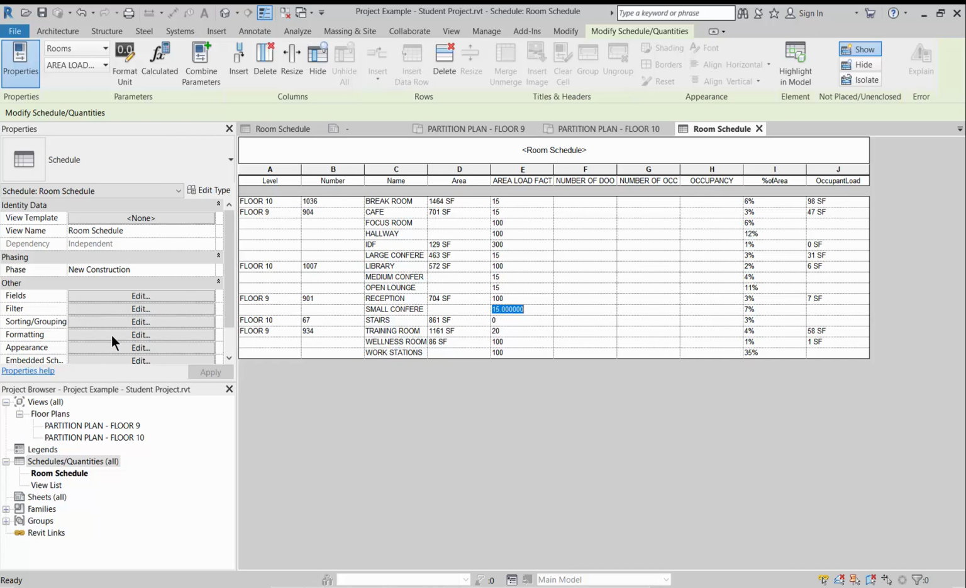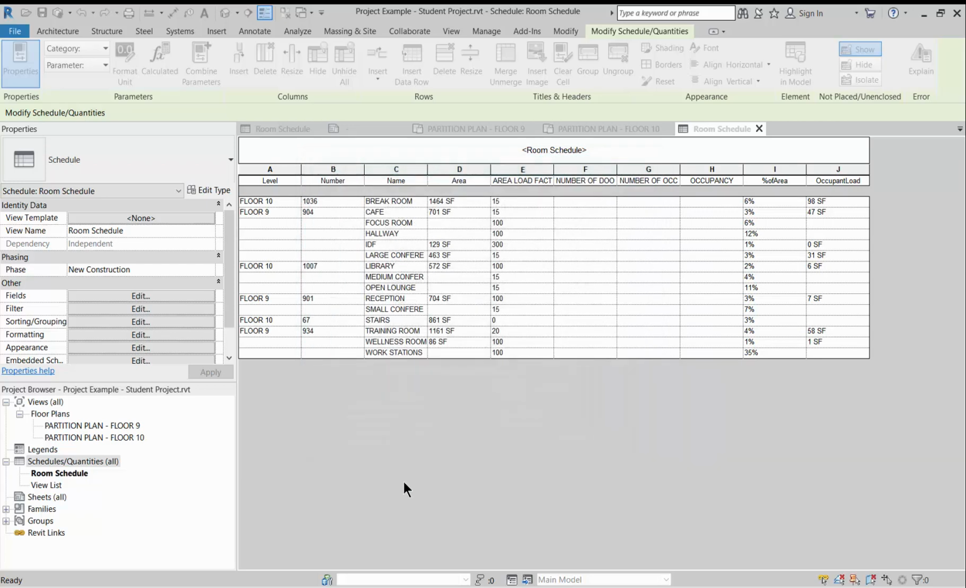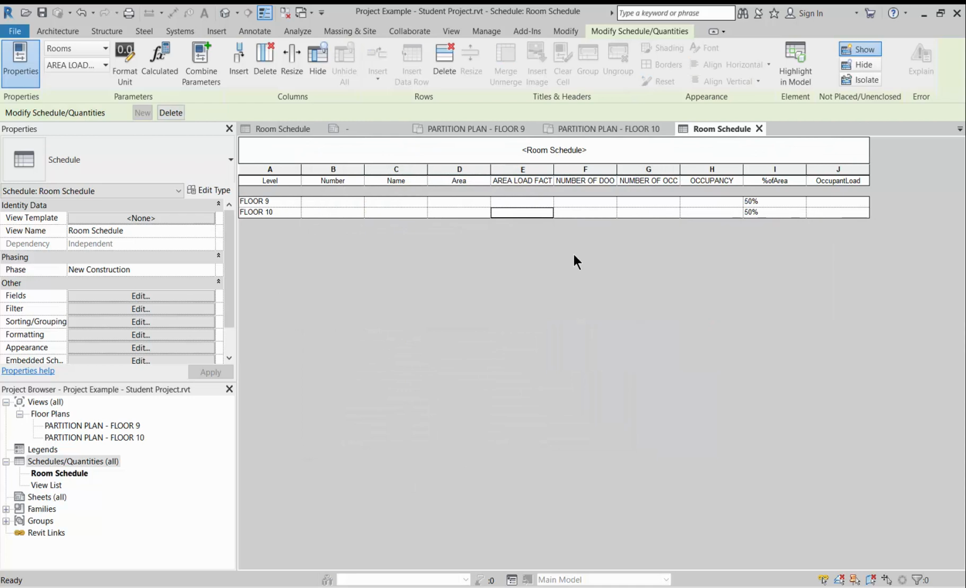Okay, next I'm going to collapse this even more. So I'm going to go to sorting and grouping and just sort it by level without itemizing any instance, and plop, we just have two lines. So number of doors is going to be 1 in most of the cases, so I'm going to start by entering 1 here, so I don't have to enter 1 in each row. And the occupancy in most of the cases is going to be B, so once again I'm going to just enter this once,